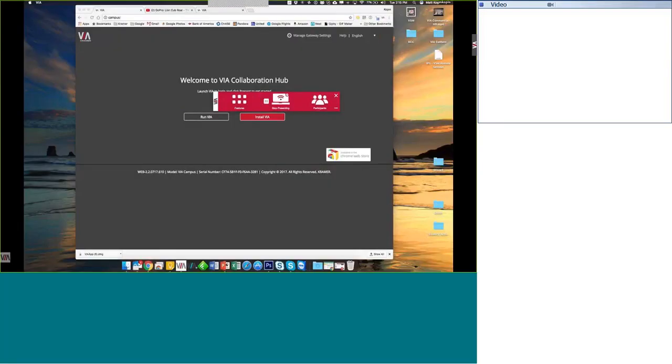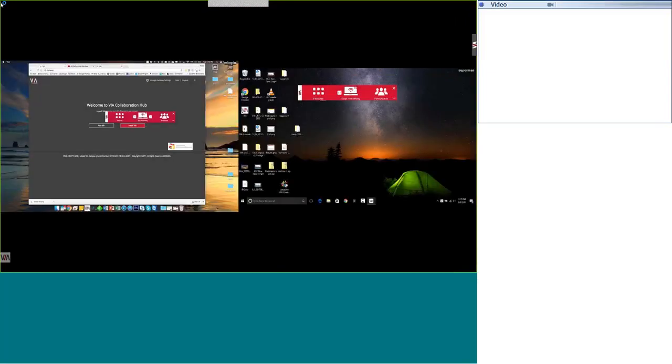The nice thing about wireless presentation, because you're not connecting a physical cable to the display device and you're not limited to just having one device, is it actually allows you to have multiple people up on the screen as well. So just by bringing another presenter up on the screen, you can see that VIA is going to dynamically adjust my screen for the most amount of screen real estate that's available. So what I mean by that is you're not going to have to pick a quadrant or anything like that. All you need to do is just present to the main screen, and it's going to automatically take care of however many users are trying to present at the same time